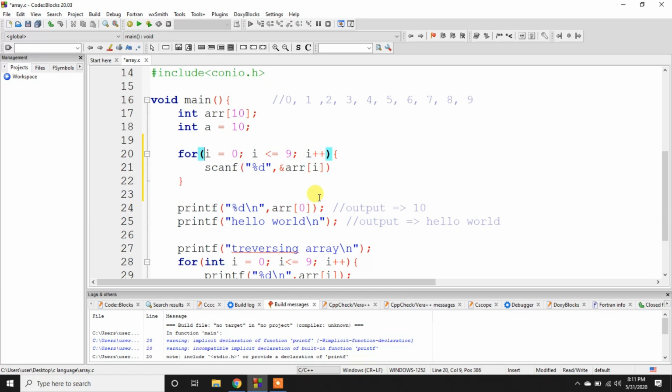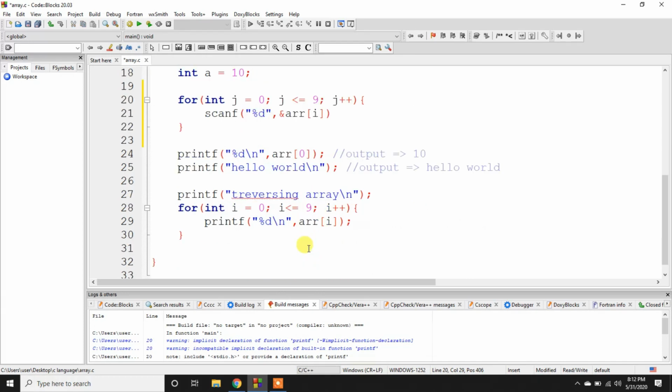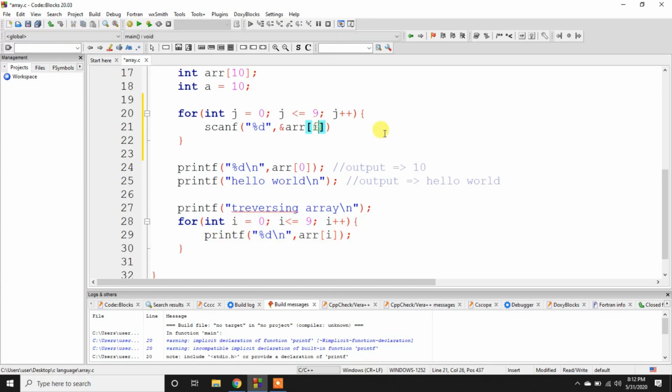Let me change this i into j, basically because we have taken i at the time of printing the array. So we are taking j at the time of scanf of the array.